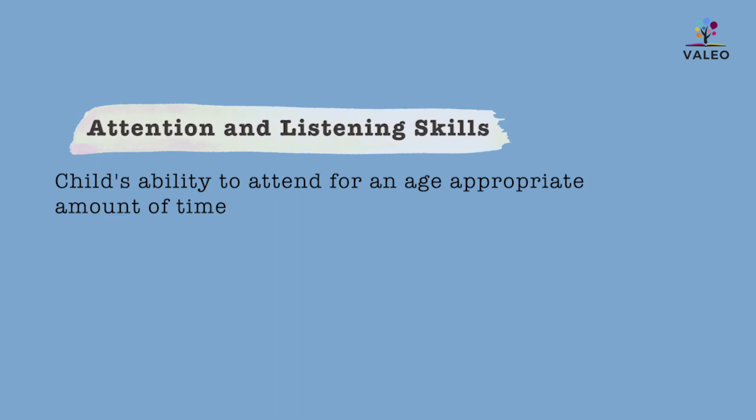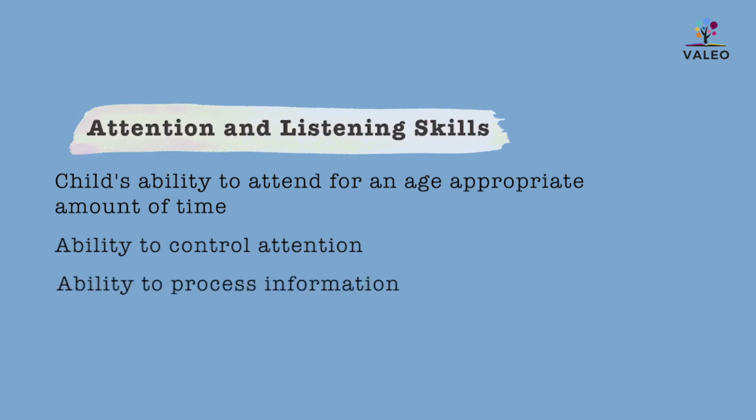So let's start with some of the things that speech and language therapists often look at. We often look at attention and listening skills. And what we mean by the term attention and listening skills is the child's ability to attend for an age-appropriate amount of time, for them to be able to control that attention, because attention development happens in stages, and for them also to be able to use that attention to actively process the information that